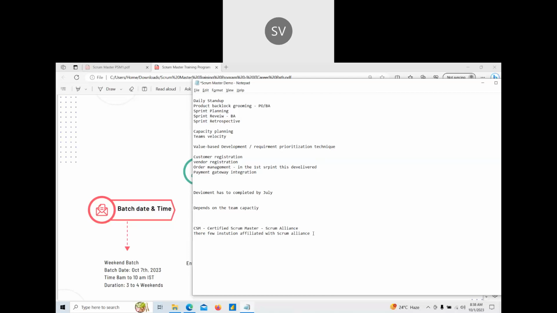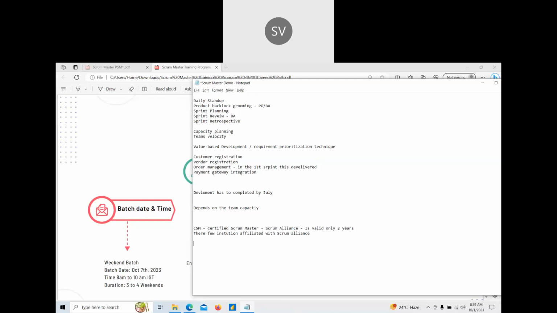Only these people will train you to write the Certified Scrum Master certification. This certification is valid only for 2 years. After that you need to pay some amount and renew the certificate. So this is one of the certificates.